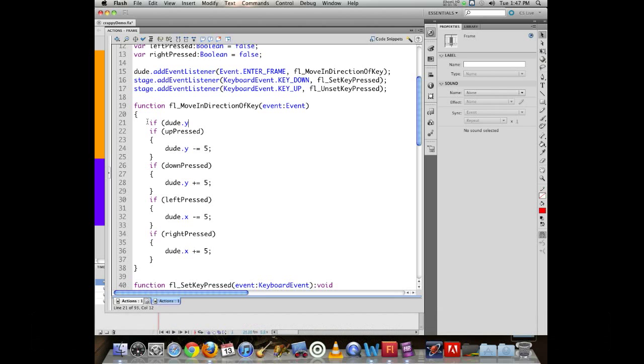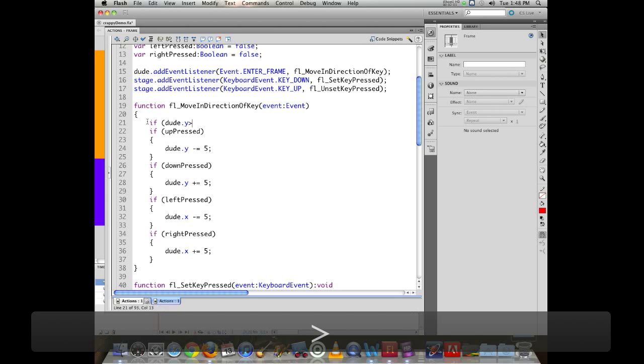minus equals 5 will make him go up, because 0, 0 is the top left-hand corner of my document. So as the numbers get smaller, I go up. As they get smaller on the x, they go to the left. So minus 5 means it's moving up. So if my y is greater than 0,